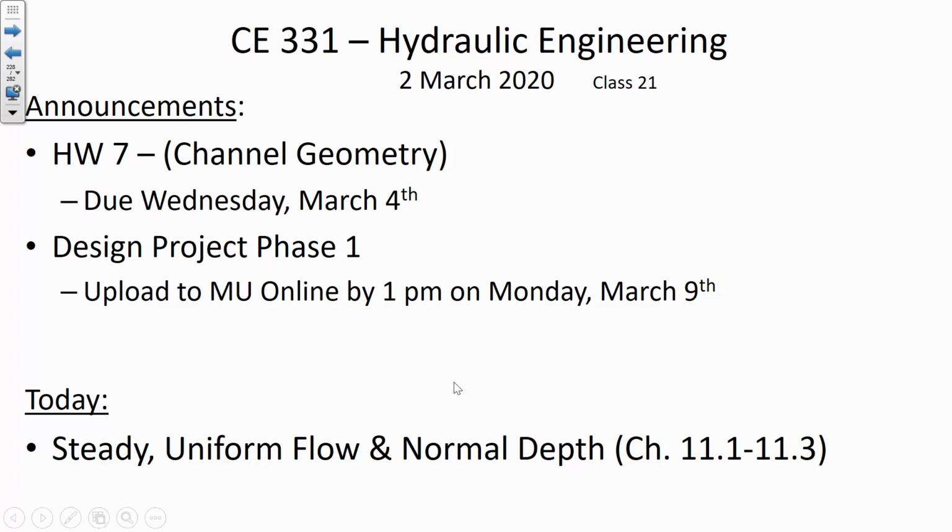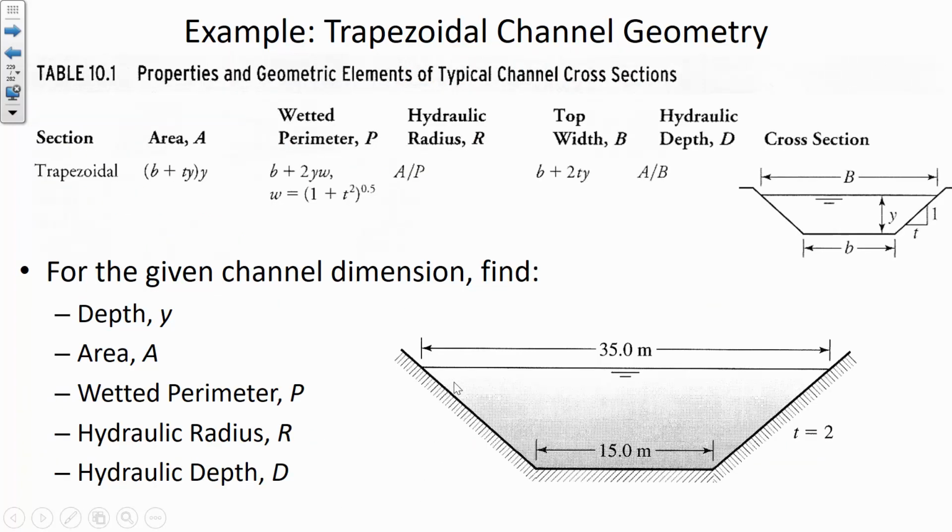All right. The most common geometry for flow in open channels is trapezoidal geometry. In table 10.1, you can look up the geometric parameters for the cross-sectional area, wetted perimeter, hydraulic radius, and so on. Just to get some experience with these hydraulic parameters, I'd like for us to take a look at this